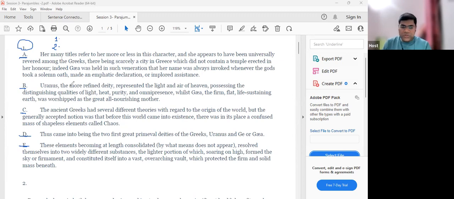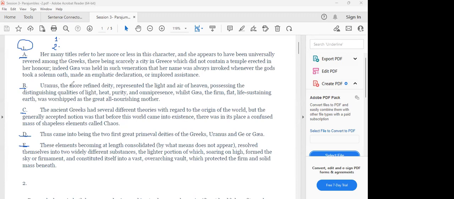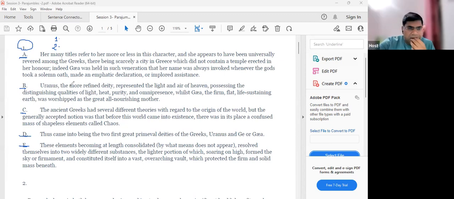Opening sentence, which sentence can be an opening sentence? Can anyone tell me? The C. Someone feels it is C, Ankit feels it is C, and who else? Look, the moment I read the sentences, I know that this person is not identified. I know that this cannot be the opening sentence, and these elements cannot be an opening sentence. So immediately I know that my opening sentence would be either C or B.